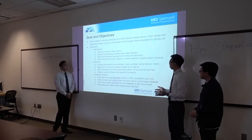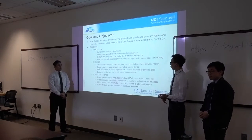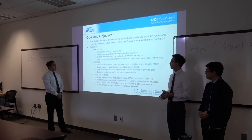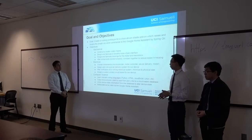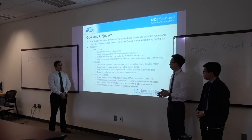So for our goals and objectives, our main goal is to create the working prototype by spring quarter, and this is split into mechanical, electrical, and computer science aspects. For mechanical, we already constructed a model window frame out of wood using 2x4s, and using SolidWorks or CAD, we're designing